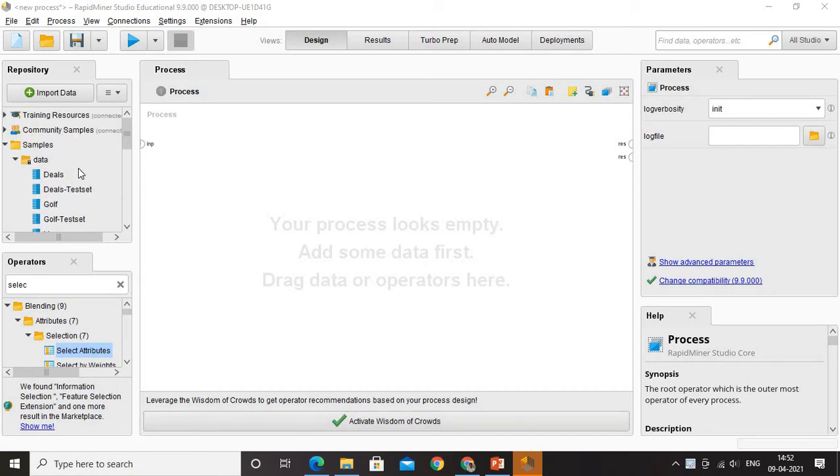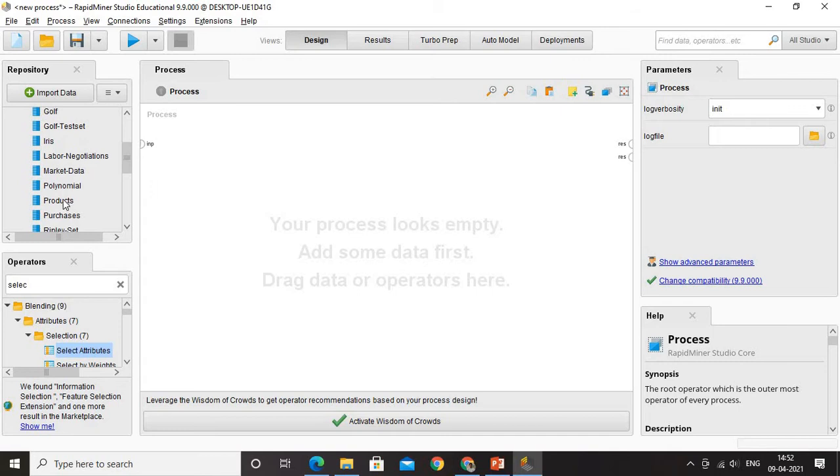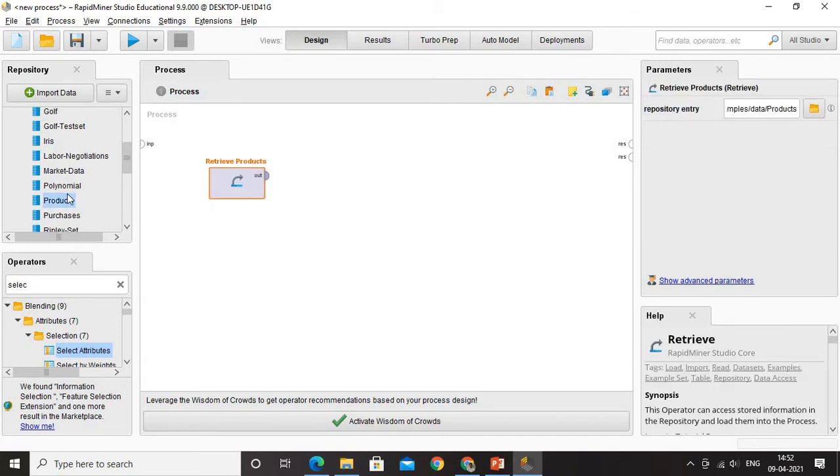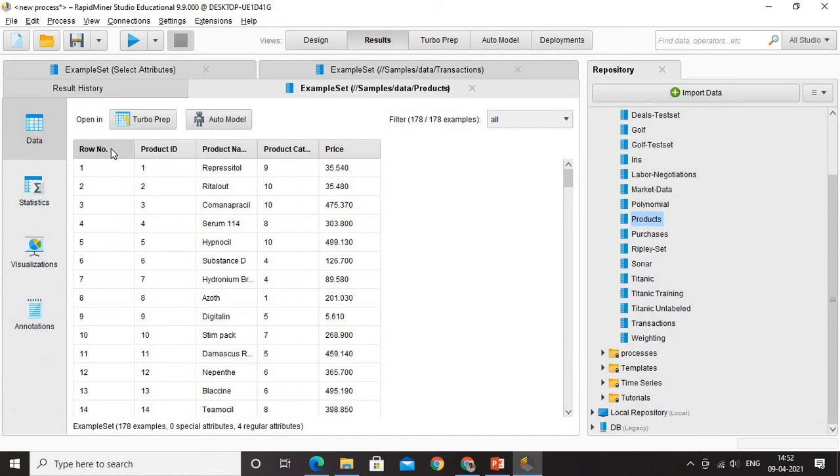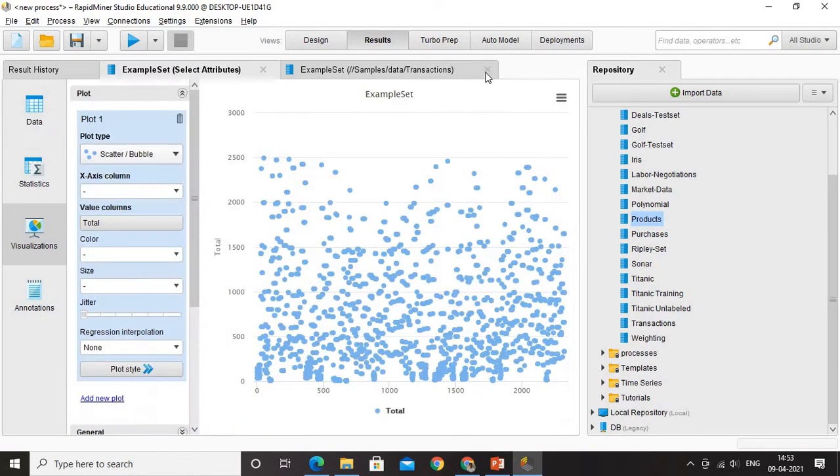Well, we get into the traditional method that we followed in the first demo. I go under Samples and click Data. Inside that I have multiple data sets available, and I am going to take Products and Transactions. Now let us explore what exactly is inside Products and then Transactions. Products has the row, product ID, product name, product category, and price. So we have price, remember it. I am going to use it sometime later.